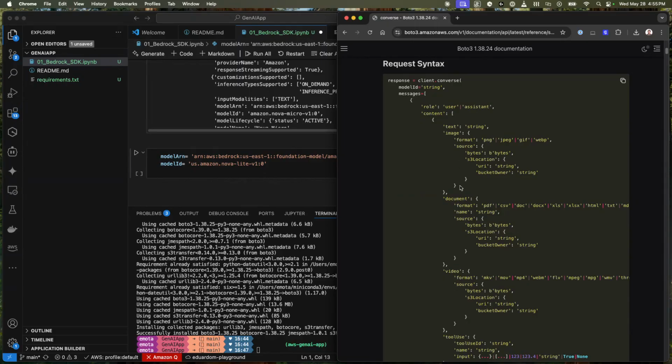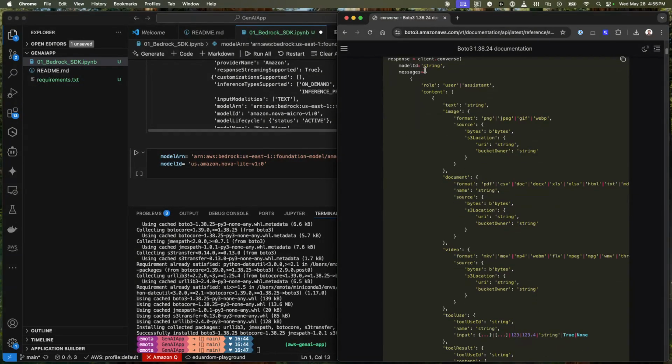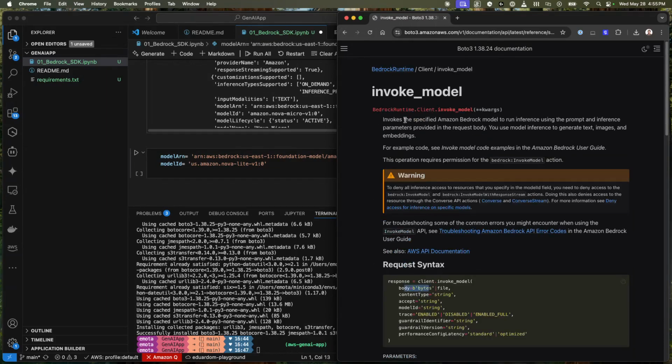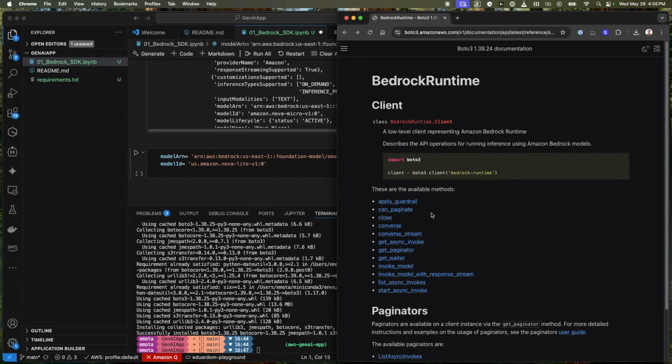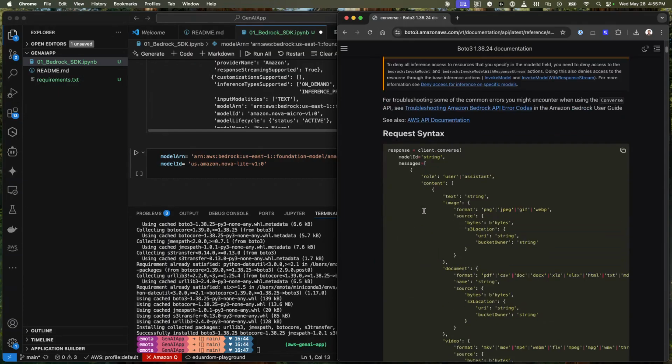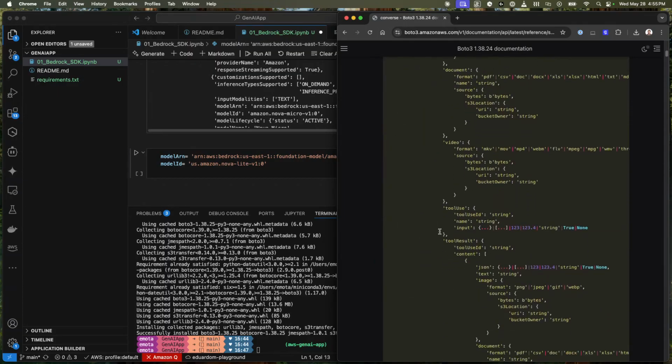But you can see that this is more standardized. All of these will need to be input into the invoke model, into the body, and then I have to go and take a look at what that actually means for each of the models. Versus in the converse, I can already input that as a standard. So that's what I meant that it's a little bit easier to handle this and test the different models